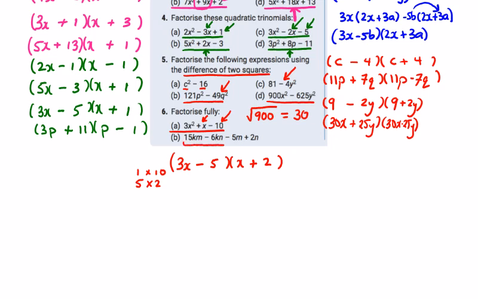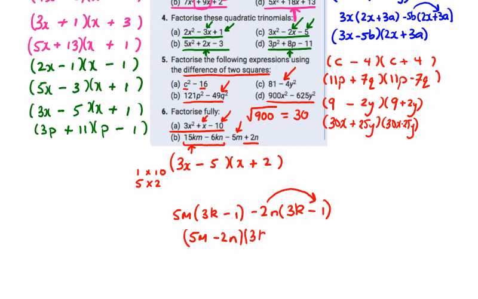And then the last of these 4-term factorizations, I have a 5 here and I have a 15 here, so I'm going to match these two off, the first and the third. 5m, 15km, so there's 5m in both of them, which would leave 3k to get to 15km or mk, and we have 5m, so it would just be minus 1. So again, do 3k minus 1, and we want minus 6kn. Minus 6 would be minus 2n to get minus 6kn. And then we check, is minus 2 by minus 1 plus 2n? It is. So we both have 5m minus 2n, both of them by 3k minus